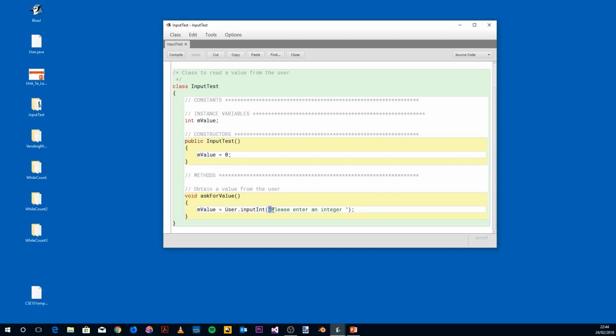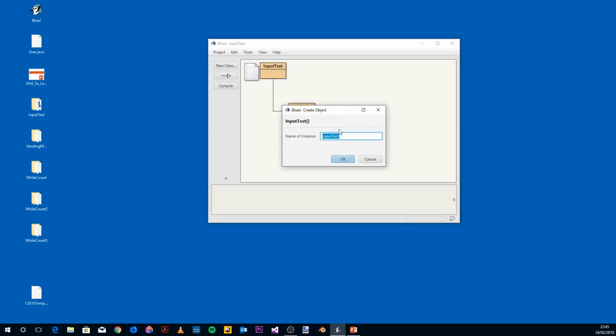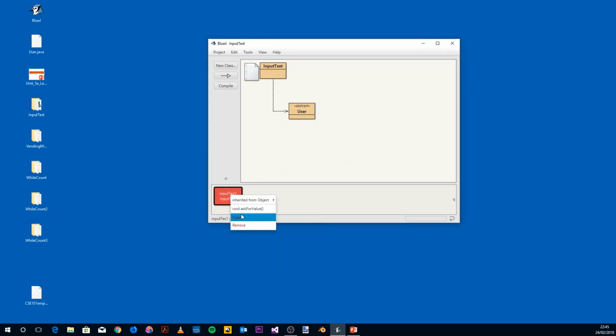This is the prompt part, so basically that's what will be displayed in the input box. This is the command to call the code for an inputInt box in the user class, and the value that gets typed into that input box gets stored in the variable mValue, which is our integer. So we'll give that a quick compile and we'll create an instance,